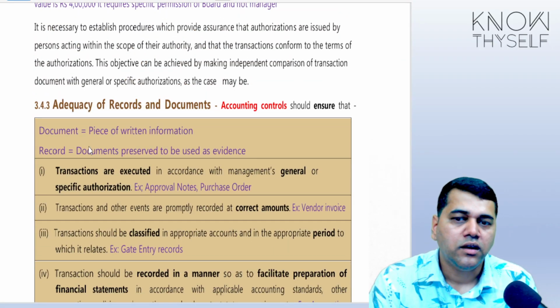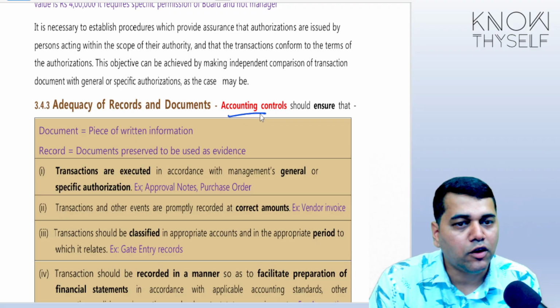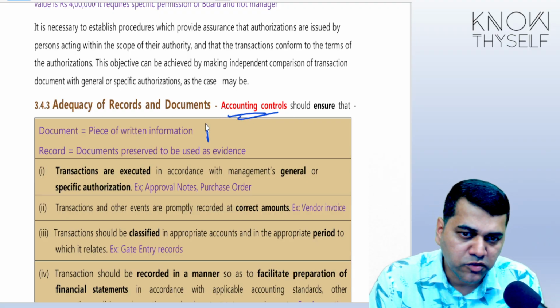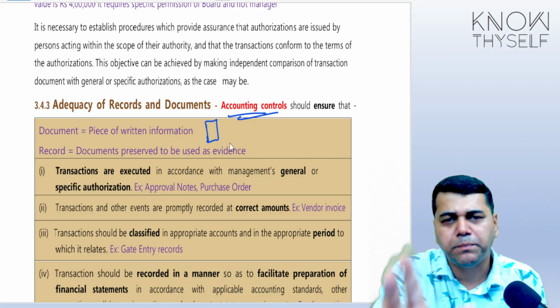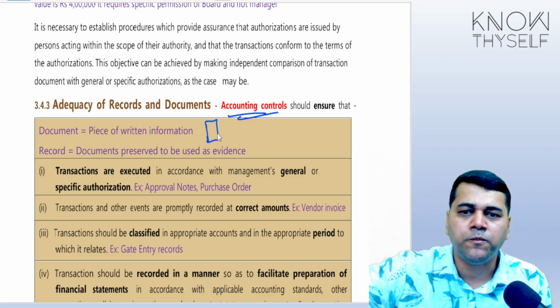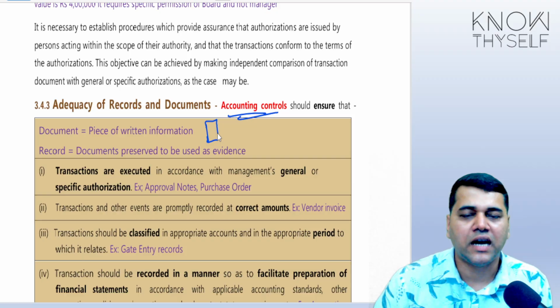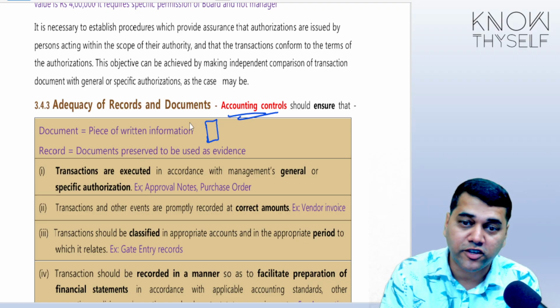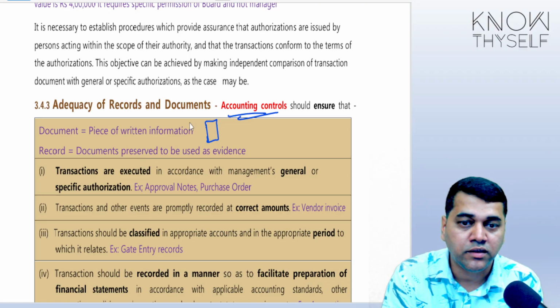It is called records and documents. Accounting control should ensure... See, what is a document? Document means one piece of paper. Something, one piece. Like my Aadhaar is a document. What is a record? Record means these documents have been filed in one paper or something, and it is used